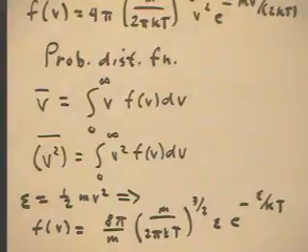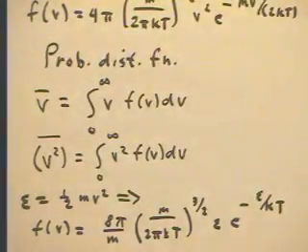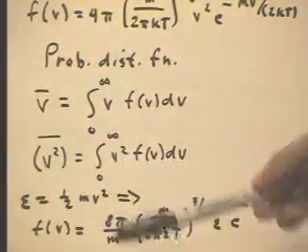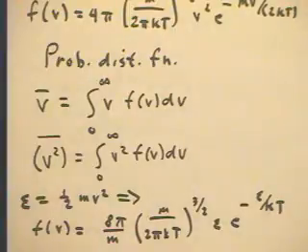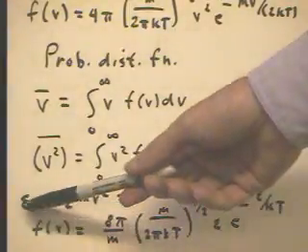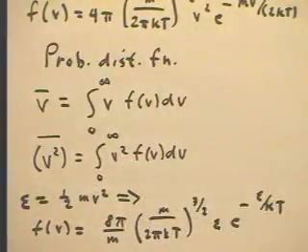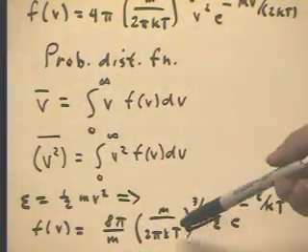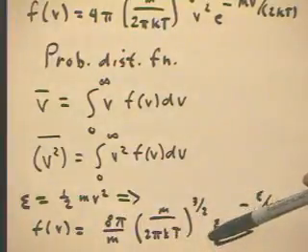distribution function. We could define this epsilon equals 1/2 mv squared, and that's your kinetic energy, of course. We're going to use an epsilon to stand for that, so we can use a single symbol instead of KE. Then our f of v function becomes this, where we substitute,